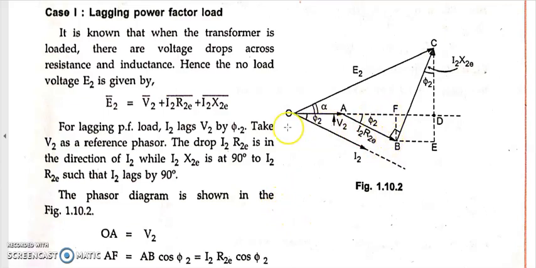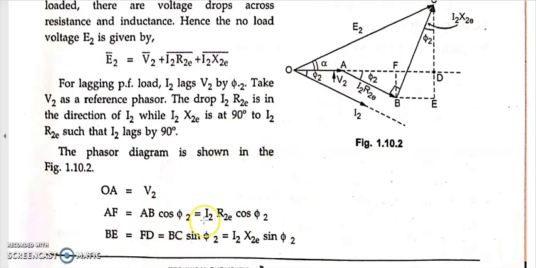Why are we not going with sine? Because I need the total length from this point to this point, so I am going with cosine. I need to know the length of AF. Cos phi 2 is adjacent by hypotenuse, adjacent is AF and AB is the hypotenuse, so it is AF by AB. If I want to write in terms of AF, it will be AB into cos phi 2. But you know the AB length. AB length is I2 R2E. So I can replace AB by I2 R2E, giving AF equal to I2 R2E cos phi 2. Clear. Now coming to this. AF is over. Now I want to know the length of FD. Yes or not? FD.